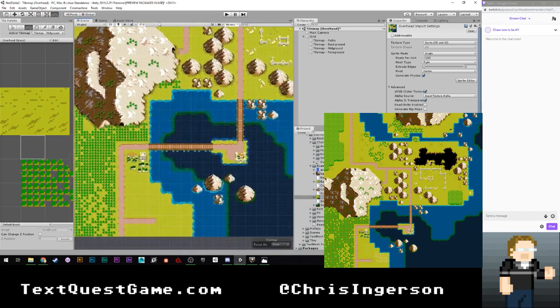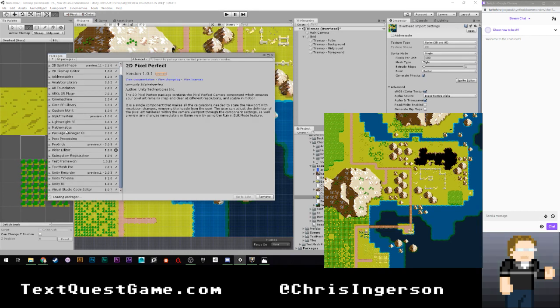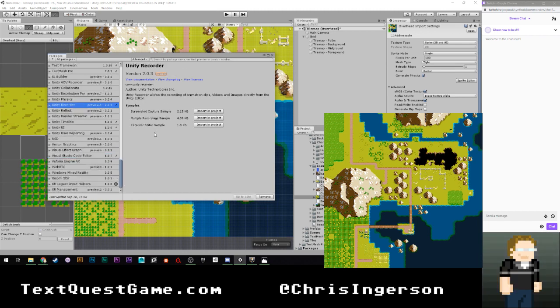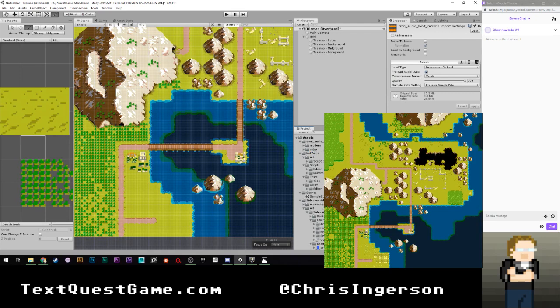But I just kind of want to mess with Unity Recorder. Unity has a built-in package called Unity Recorder, and it is right here, but it's compiling, so I gotta wait. It's basically a way to record gameplay or other footage for trailers. It can't be used at runtime, which is very frustrating. Or rather, it can't be used in builds, but it can be used in the Unity editor. So we're going to use that and a free package that I got off the asset store to throw together a mock trailer